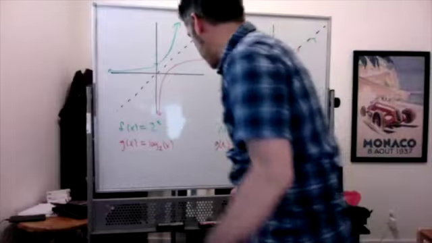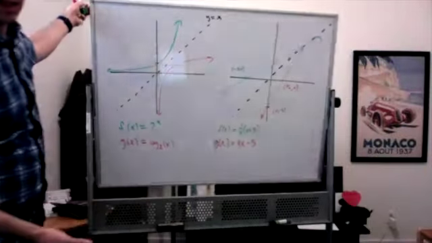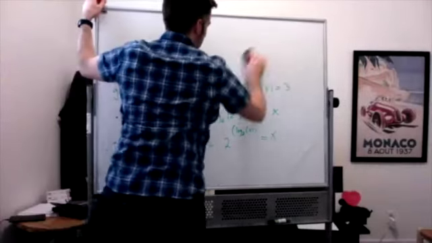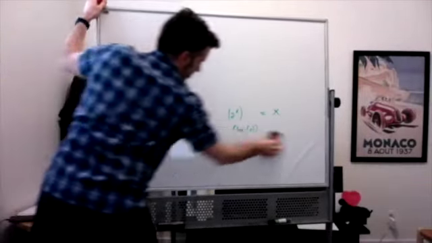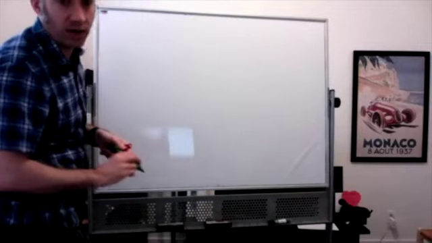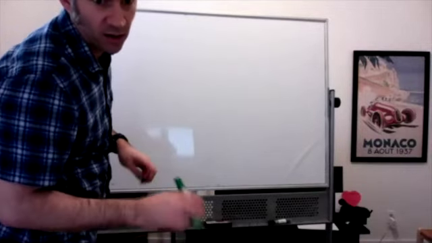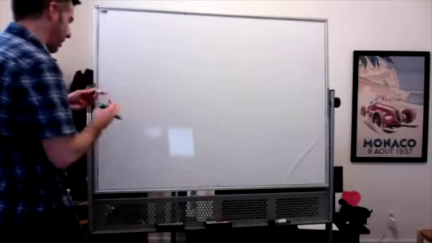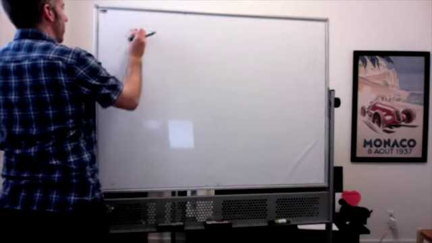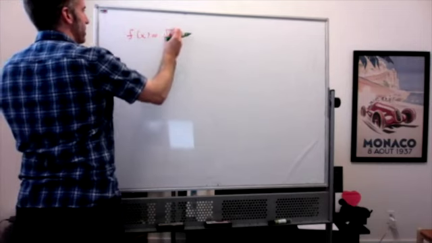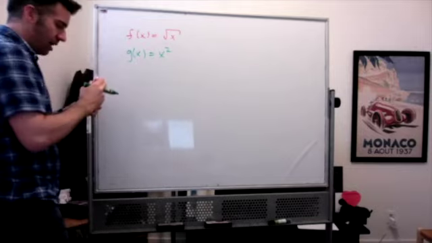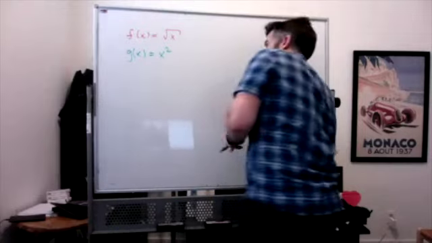Okay, the reason I bring this up is because the next example is a little bit more problematic. The next example of inverse functions is f of x equal to the square root of x, and g of x equal to x squared. And the problem with this is, well, let me show you. If we graph these,